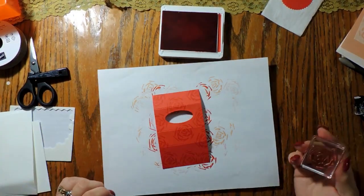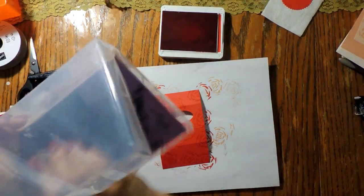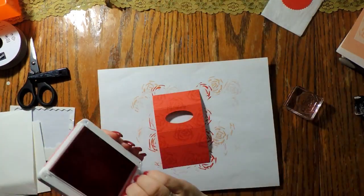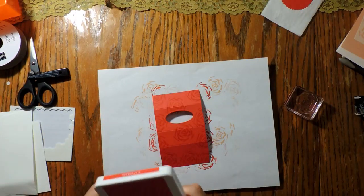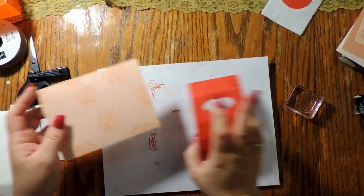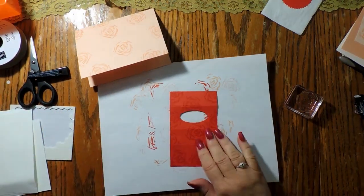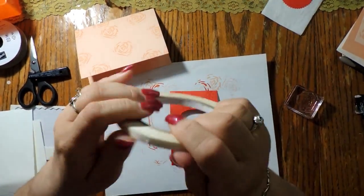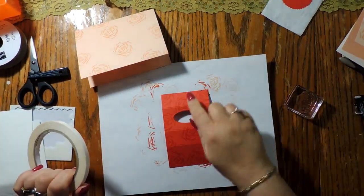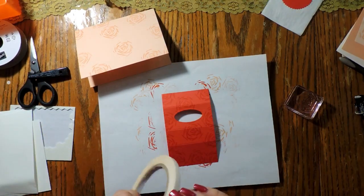Just like so. Again, bring in that Simply Chamois and give it a good scrub. Okay, so now our tissue box is officially decorated. So now we can bring back our card base. So now I'm going to use a good strong adhesive. This is where I'm going to use my tear and tape. Okay, and I'm going to add adhesive to this narrow and then to the base, which is the widest